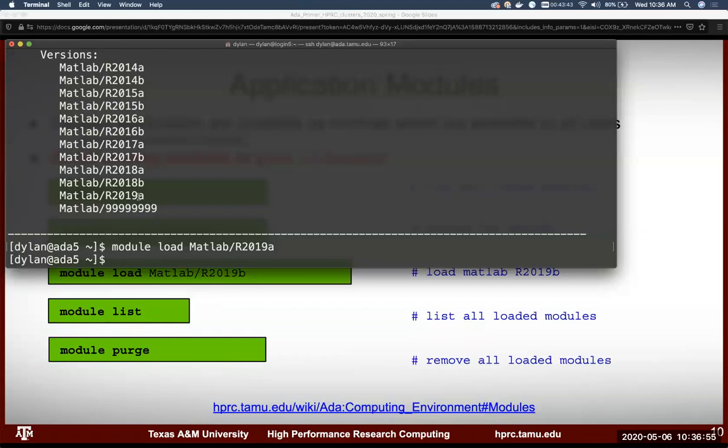So in the past, we used to not require you to specify a version. In other words, I could just say module load MATLAB, and it would load some version. I'm not sure which version it would load. I think if you just type module load MATLAB, it loads this one, and then it tells you, hey, you need to specify a version. That's why it's there. It's kind of like a check in the LMOD system that we have,